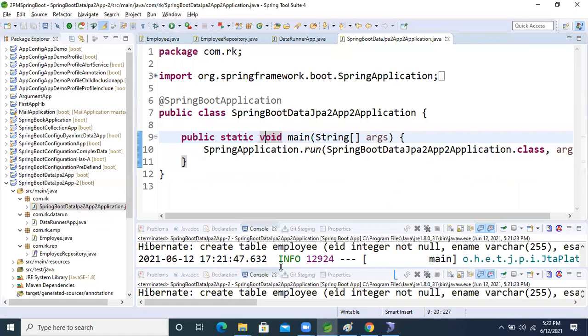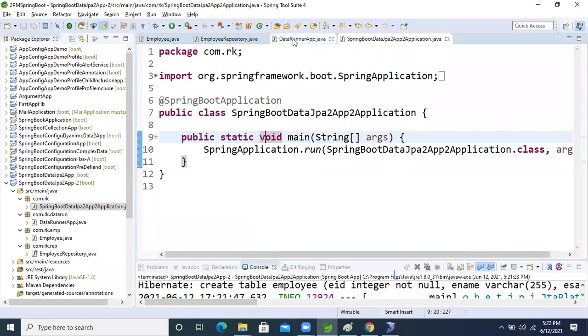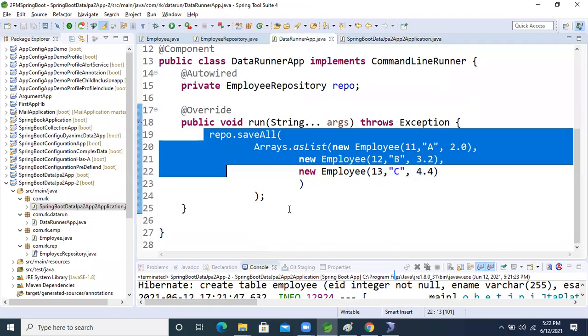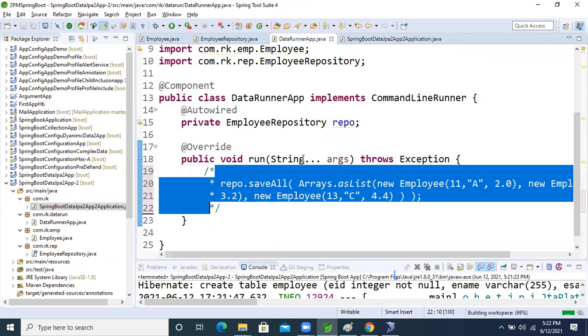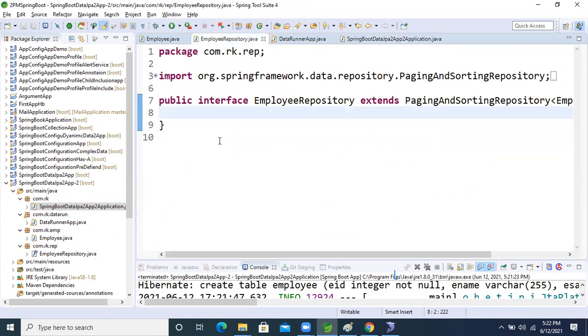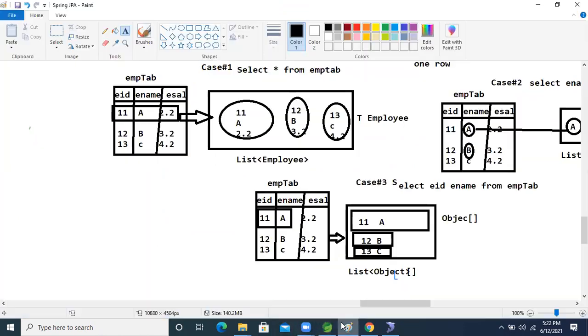Okay. So next what we will do now? Just comment this code. No need now. I commented, right? So next one is what? Come in the repository class now, guys. So what we will do now? I want to select with find all. Custom query. We have come right here, custom, right?